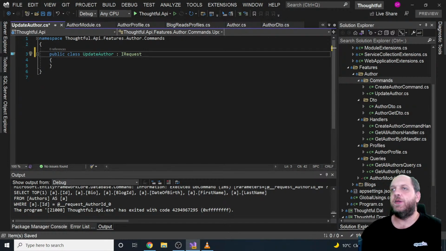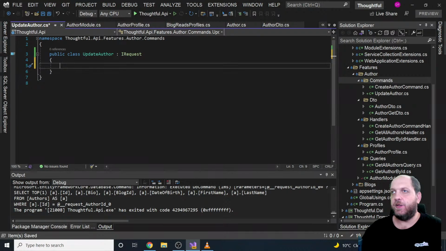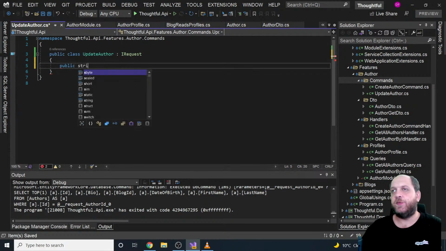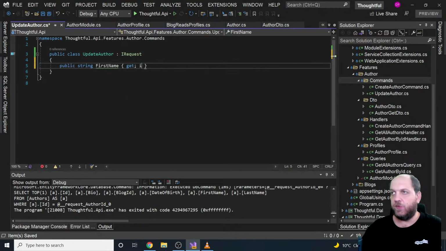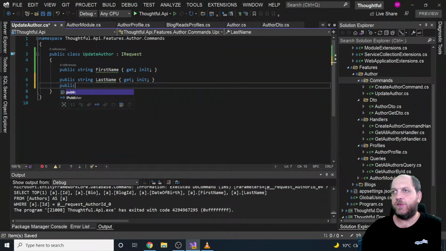Okay, so it would be an I request. We'll just return no content for the update if it is successful. So yeah, in this command we would need a public string first name get, and let's be smart, let's use init only properties, because we don't want this to be changed once we create them. Public, okay, we have the last name, we have then a public string bio get init,